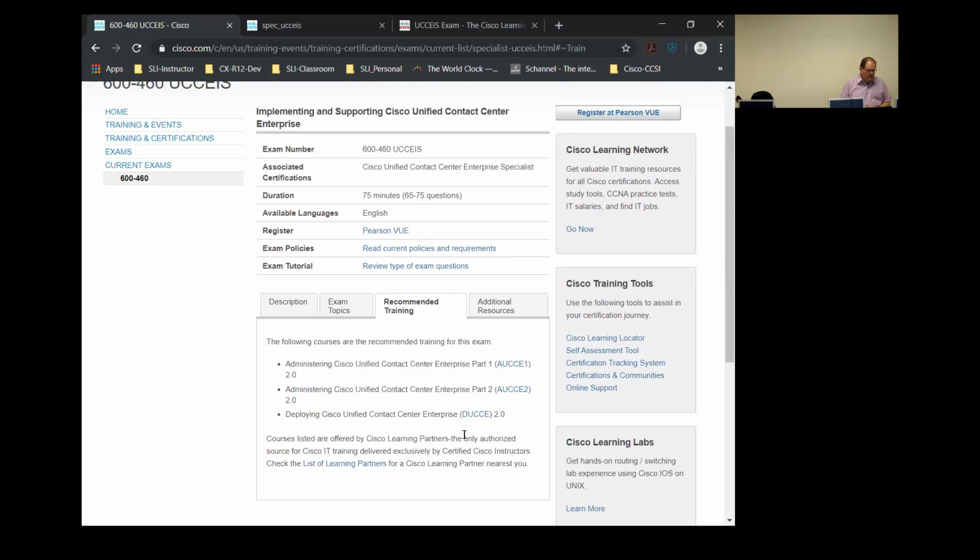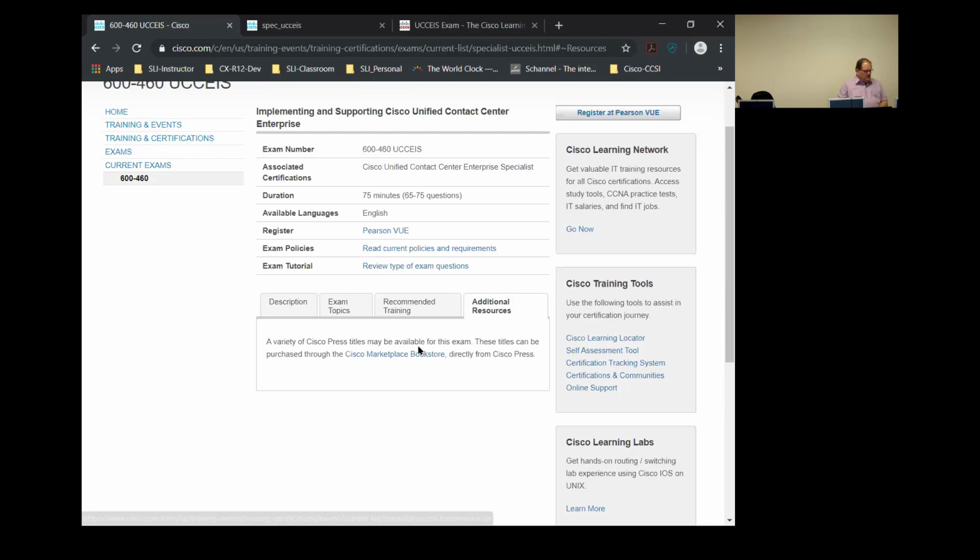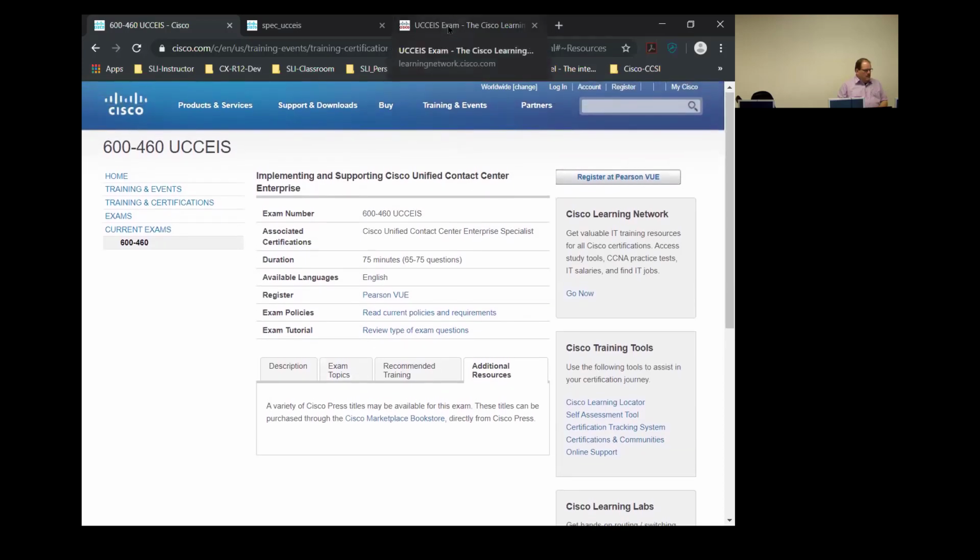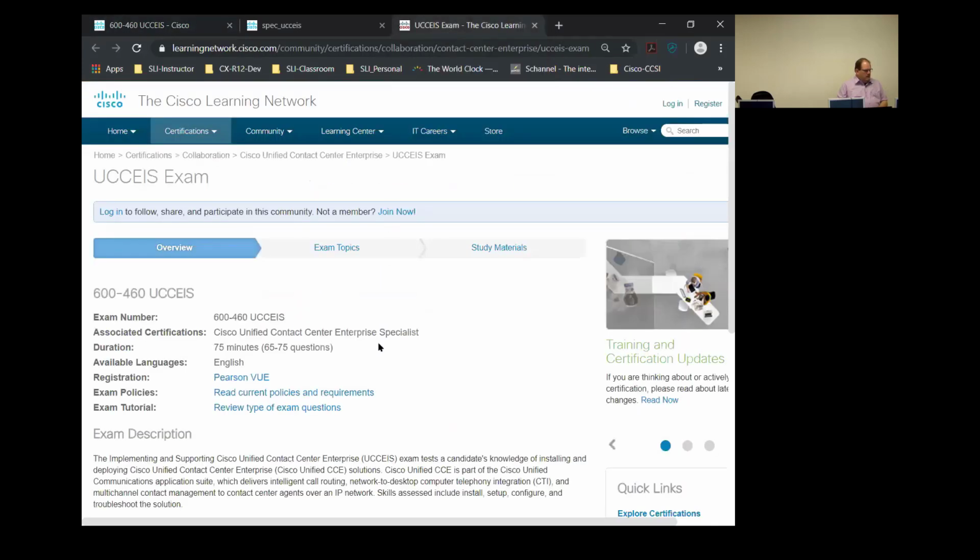And also, having taught all 3 of these courses, I can say that there's probably about 60 to 70% of the exams covered in these courses, but for the rest of it, you might want to reference other Cisco documentation to see that information. On this website, the additional resources point you to the Cisco bookstore. The other website is the Learning Network store, or Cisco Learning Network,